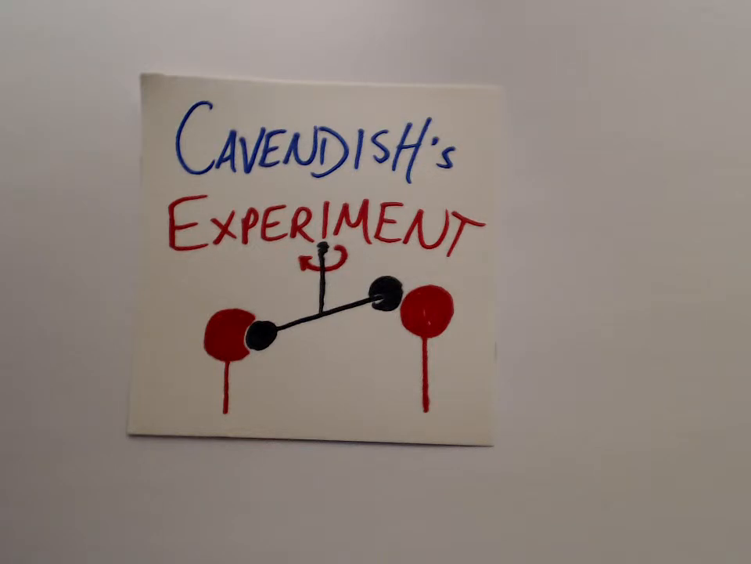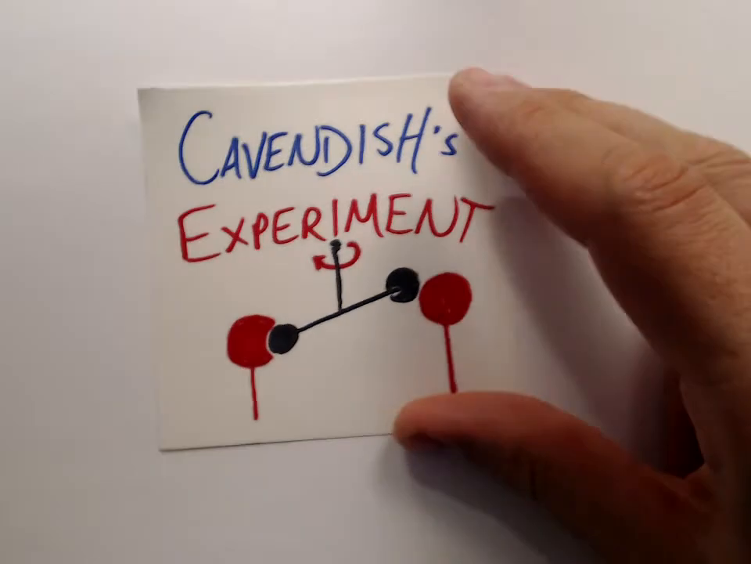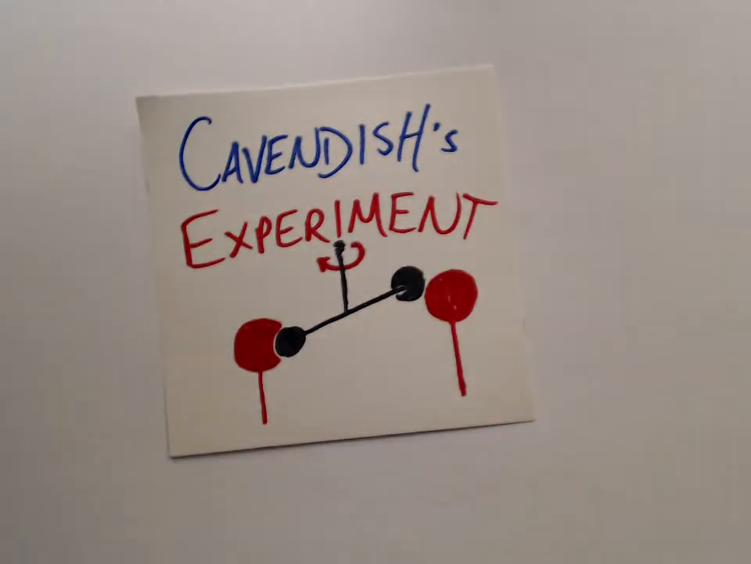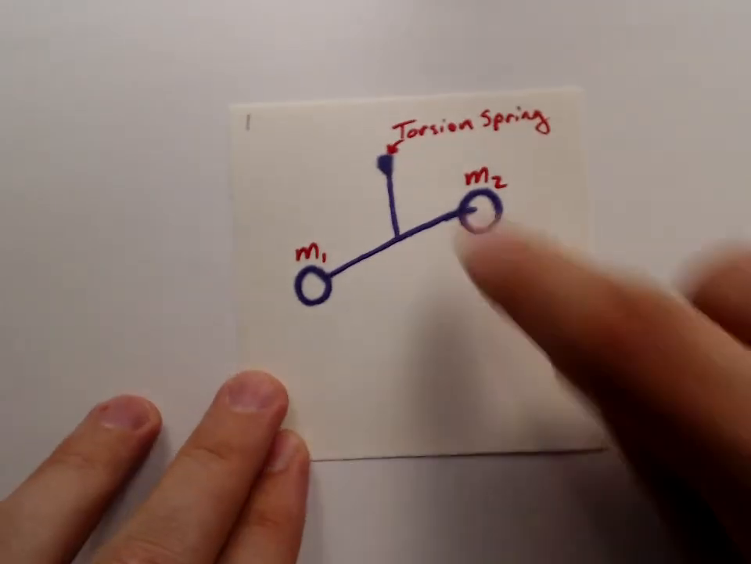So let's talk Cavendish's experiment. Cavendish's experiment was a nice way to illustrate that real objects, not theoretical objects, had a force of attraction, mutual attraction, acting between them. What he did was, he set up a mechanical system with a torsion spring up at